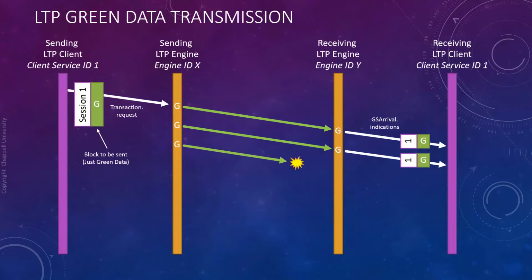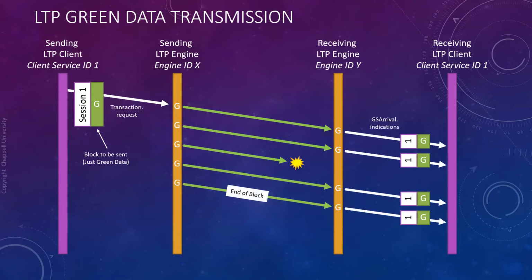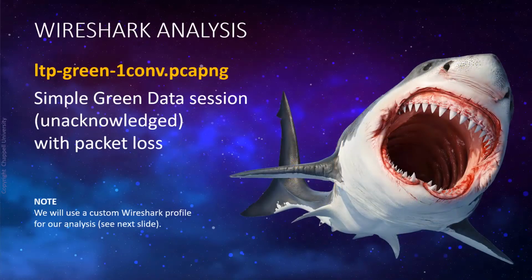And then the third packet that goes across, it doesn't make it. Something happens, and it is dropped, destroyed, whatever. We're not going to recover that packet. Green data is sent across in an unreliable manner. It is not going to be retransmitted if it gets lost. Then we get another one that goes across and the data gets pushed up. And then the last packet that contains the last data segment of the block will have a marker on it saying end of block. And now we know we are done.